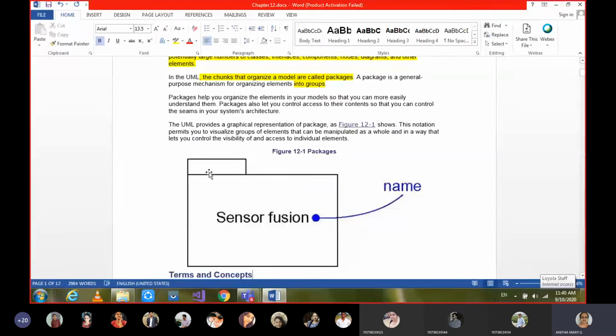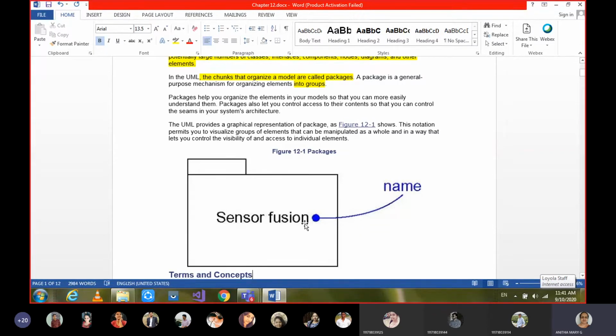So just now I was telling you, a package is nothing but a tabbed folder, and the graphical representation is how exactly we see the folder in our systems. The same icon we are going to use for packages also in UML. Okay, and each package can be named.